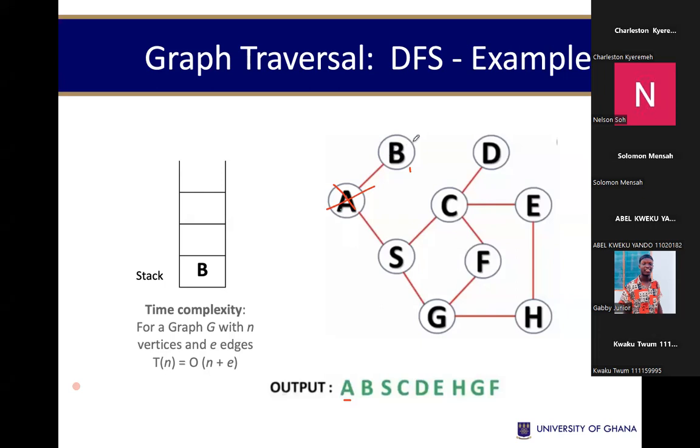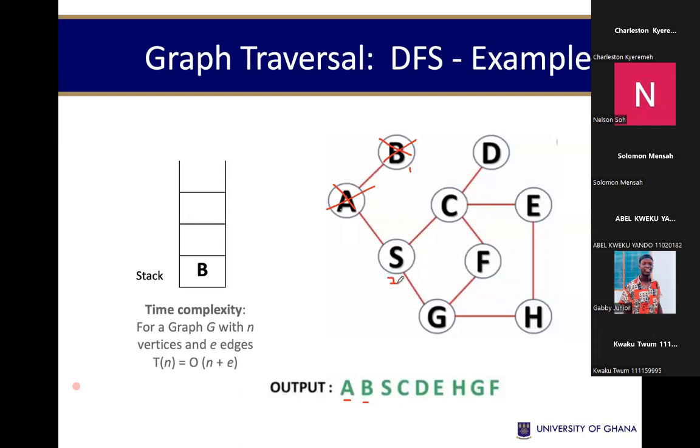And once I visit B, I have to check whether B also has any other adjacent node. Unfortunately for us, B has no adjacent node. So I have to come to S. Why? Because S is the second friend of A. And I came to S because B is not connected to any other node. So I'm done with B. Now, when I come to S, which is going to be marked as 2,